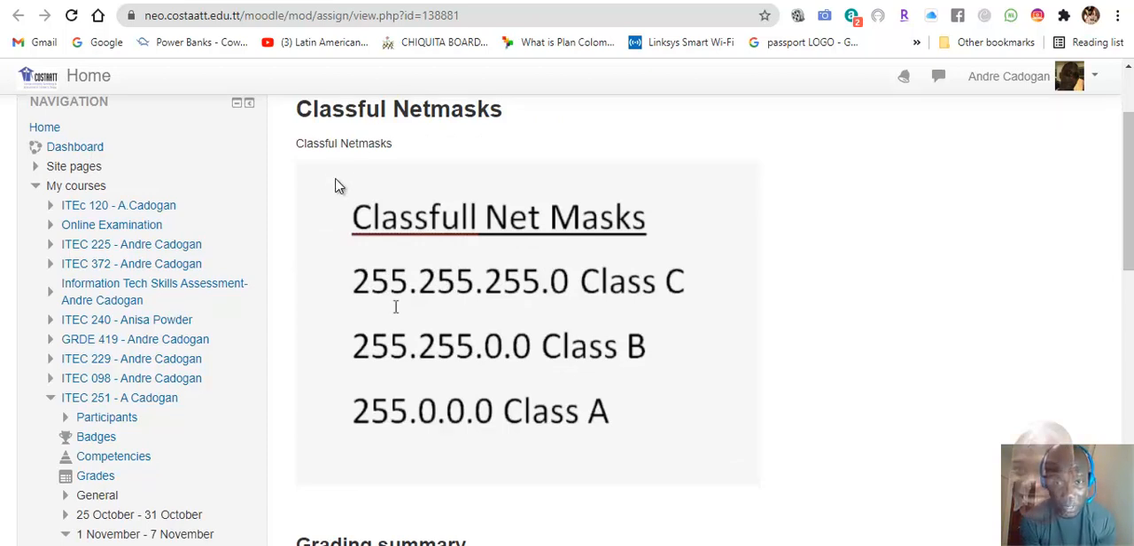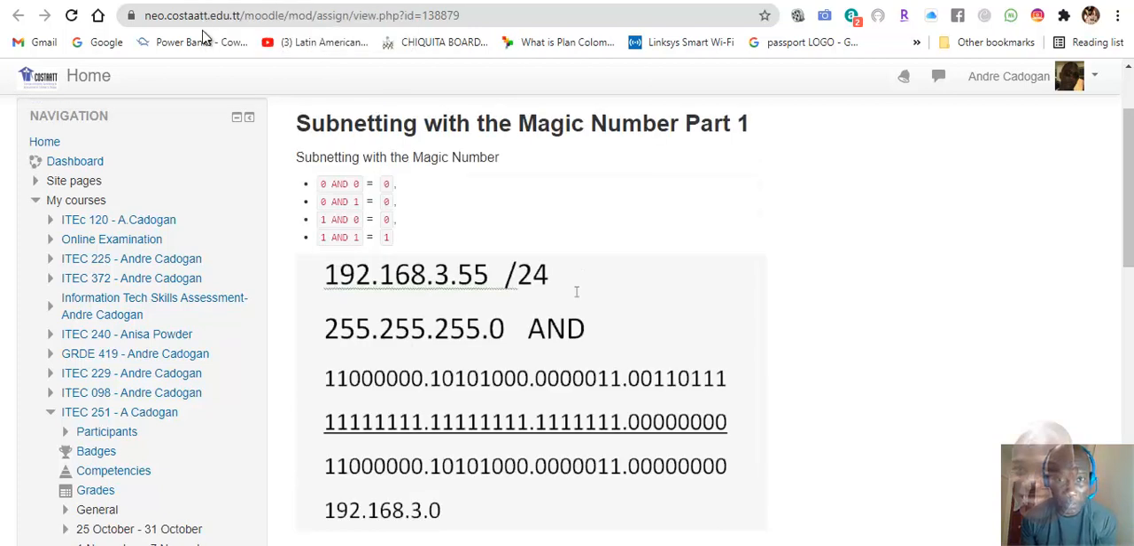Classful net mask, which is basically what we talk about, we'll label class A, which is 255.0.0.0. We've got class B, which is 255.255.0.0, and class C, which we will begin with first and foremost, which is 255.255.255.0. So we will be looking at a particular IP address, which is